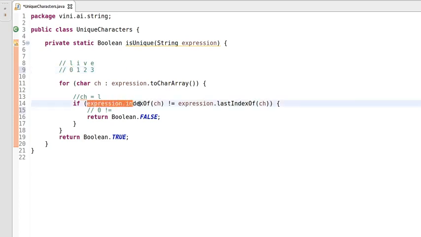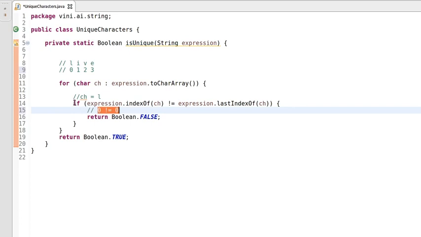So both point to the same index, so this is also returning 0. This condition is not true, because we are saying 0 is not equal to 0, but it's equal, so this condition is false.